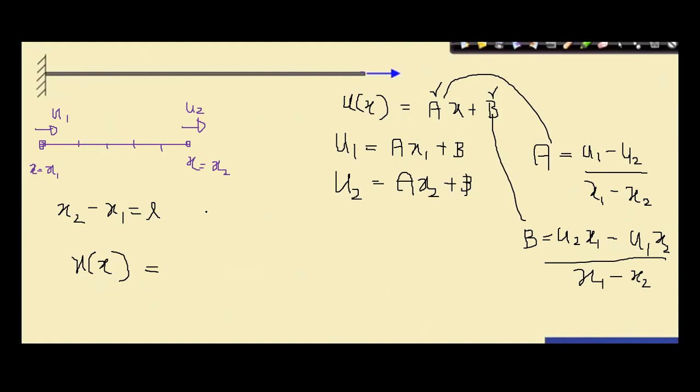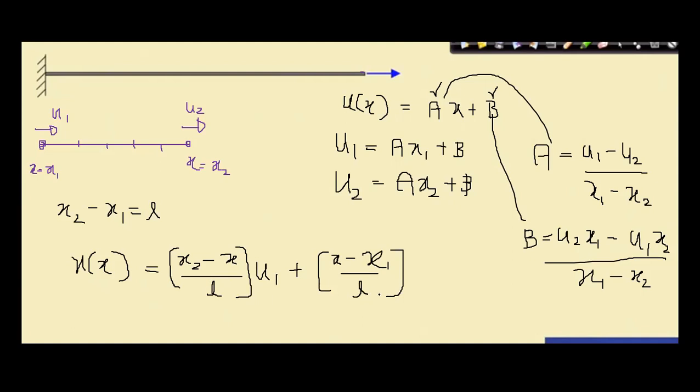So you can write like this when you simplify it: x2 minus x over L into u1 plus x minus x1 over L into u2,